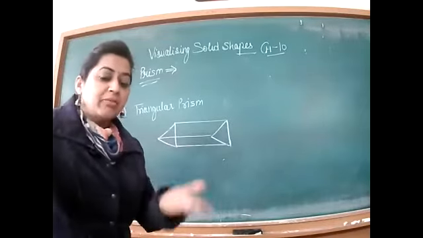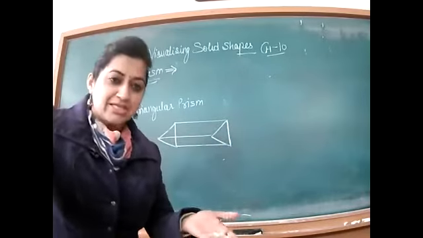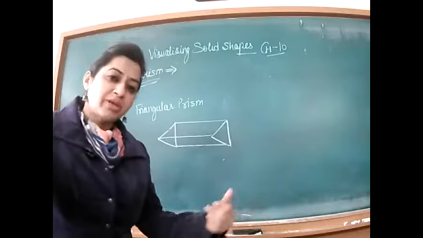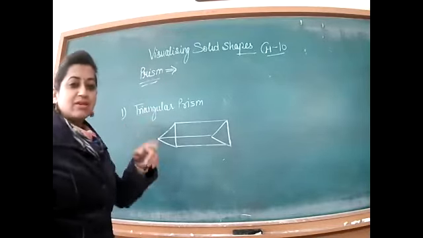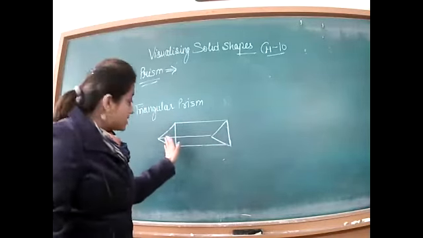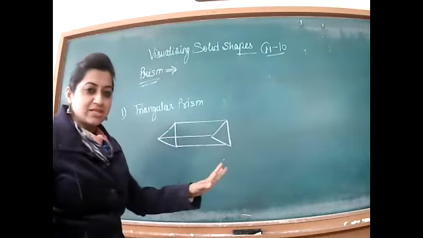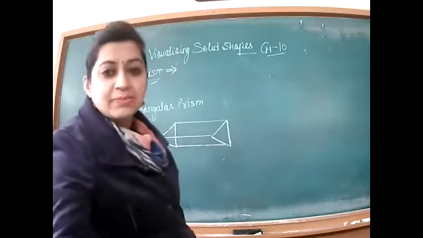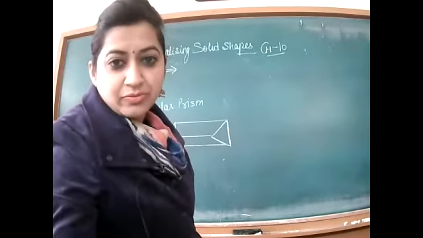This question can come like this also. A whole definition will be written and you have to recognize which figure they are talking about. Same is the case for pyramid also. So in case of prism, the top and the bottom are congruent. Congruent means all the sides and all the angles are the same, no difference. And the side faces, that is lateral faces, are always parallelogram in shape. They are parallel to each other.